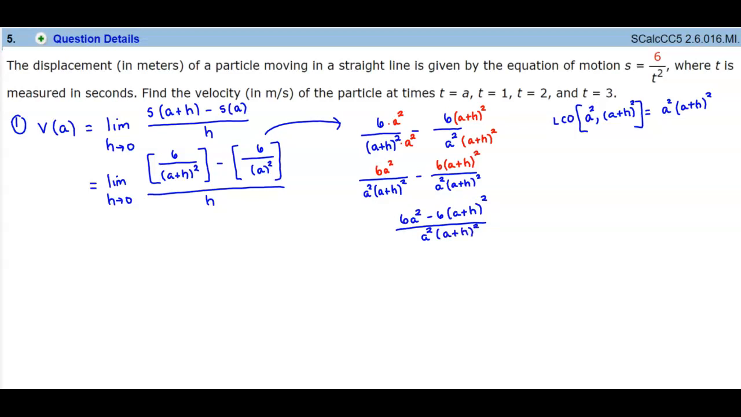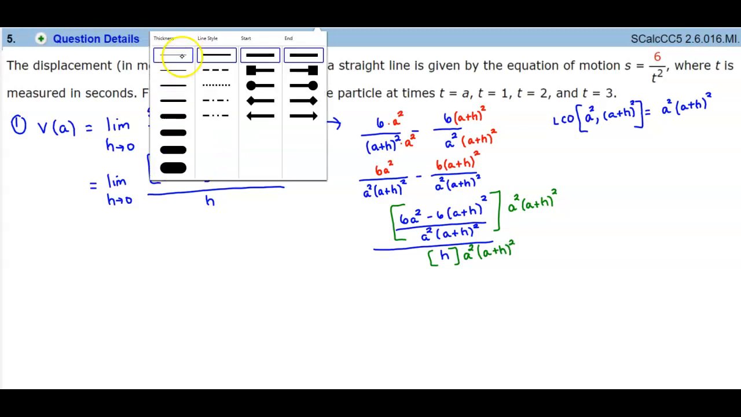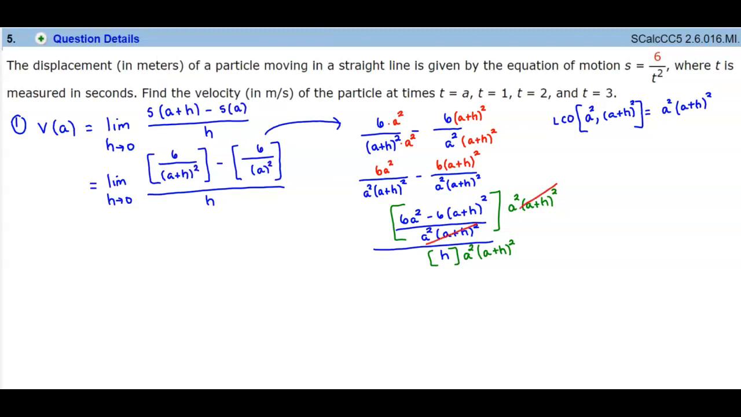Okay, now if you notice over to your left, it's all being divided by h. So we don't want to leave this as a complex fraction. So the goal is to multiply now the numerator and denominator by a squared times a plus h squared. So what happens? Well, we can then simplify that,